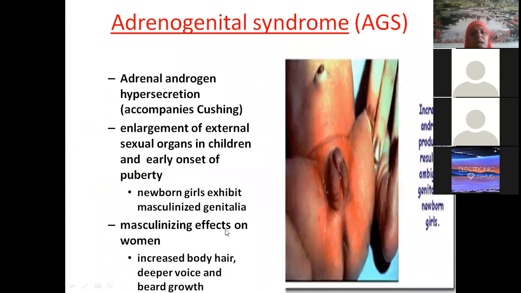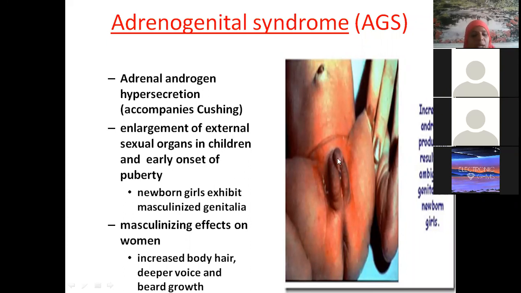There is a condition which is called adrenogenital syndrome. Basically, I told you androgens are coming from the zona reticularis. Suppose if they are produced before puberty itself, you will see there will be enlargement of genital organs before puberty. Even in a female who is only 6 to 7 years old or 4 to 5 years old, we can see even menstrual cycles. These are all imbalances of hormones because of this